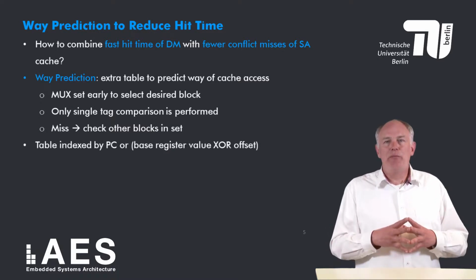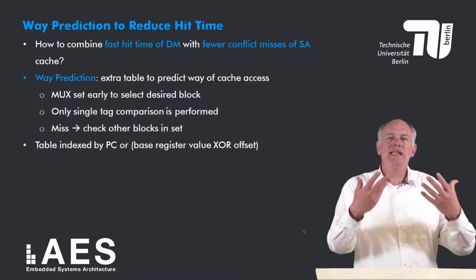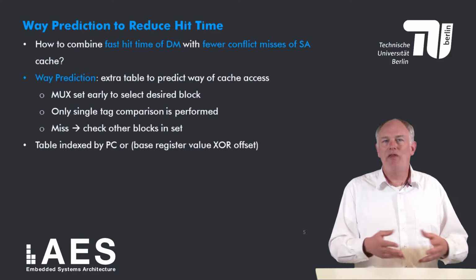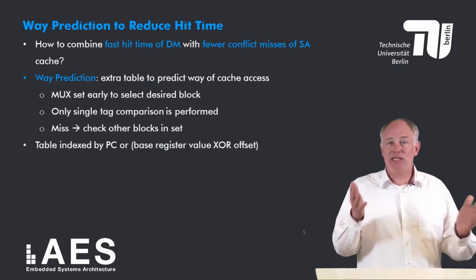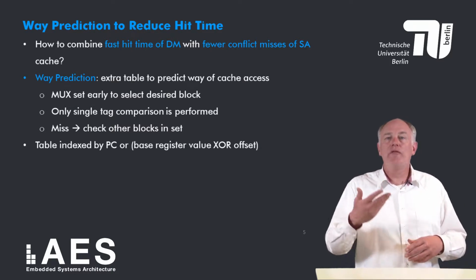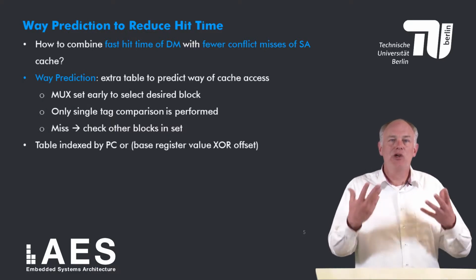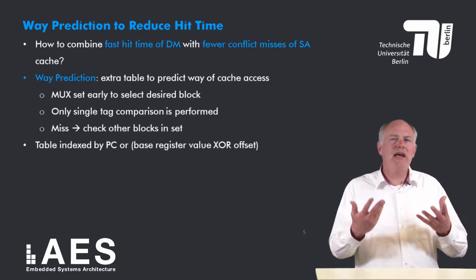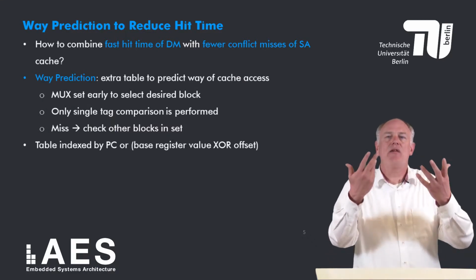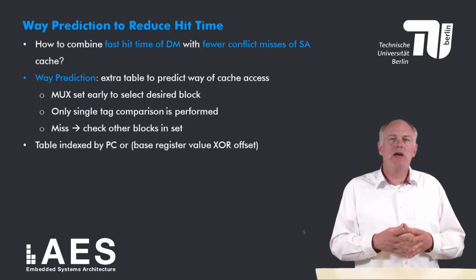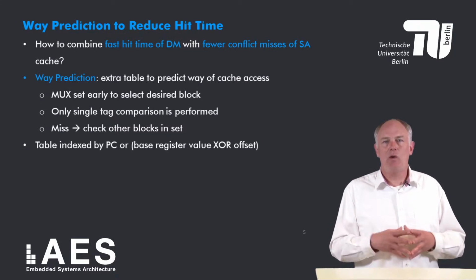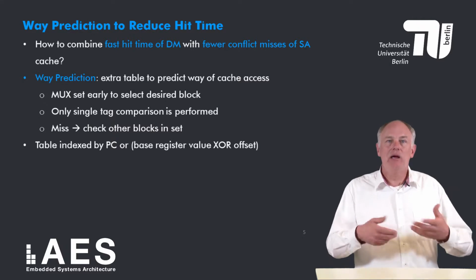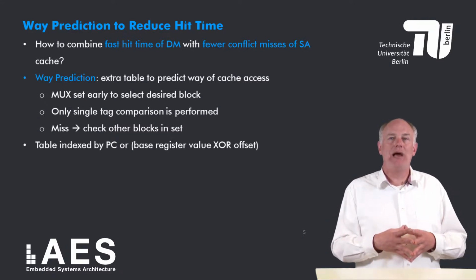I read the original way prediction paper because I wanted to explain to you in detail how it works, but found that it takes more than a few slides to do so. Very briefly, the way prediction table can be indexed by some bits of the program counter or the value contained in the base register exclusively ORed with the offset. The advantage of using the PC is that it is available very early in the pipeline, but it can't distinguish between two executions of the same load accessing different cache ways. The base register value XORed with the offset can, but it is available relatively late in the pipeline, but still